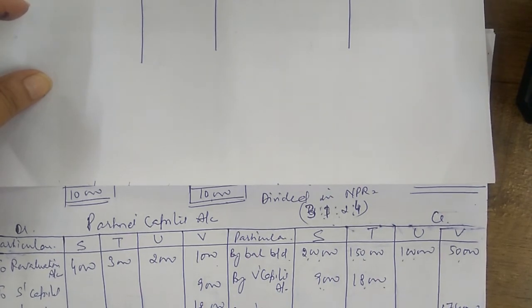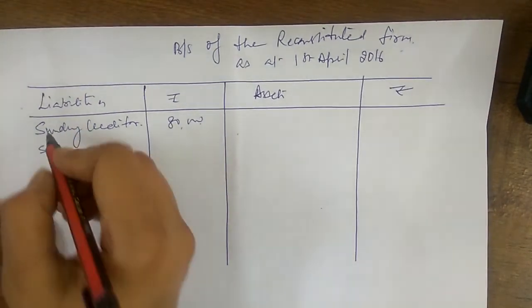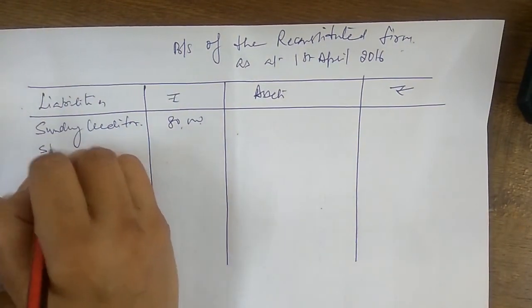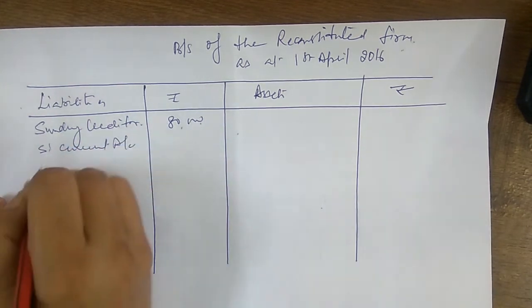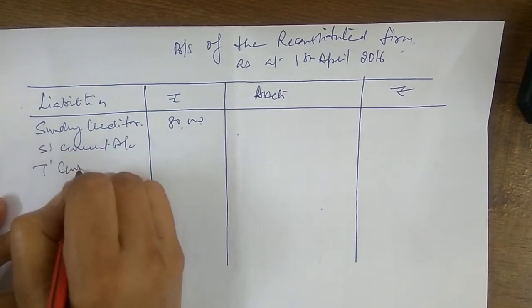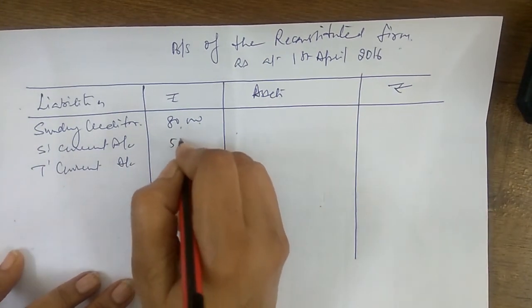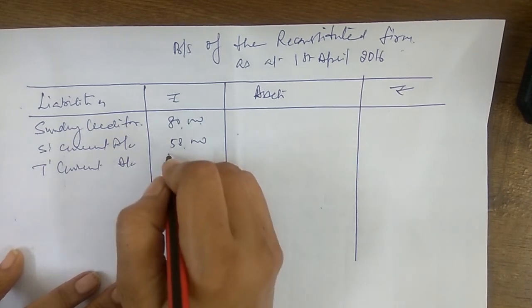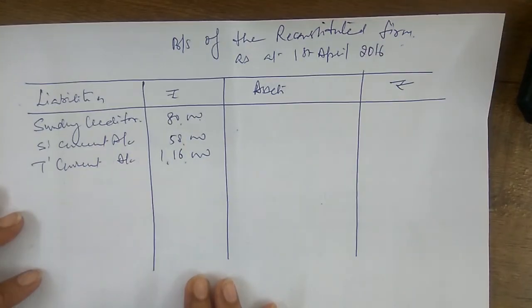T, S and T they have credit balance. जिस side ज़्यादा होता है वही balance बोला जाता है बच्चे. T and S both have credit balance. It will be put on liability side. So we will write here that is S current account. T is current account. What is the amount we have calculated? Difference जो आया था बच्चे 58,000, 1,16,000 हमने निकाला हुआ है, आप देख सकते हैं. Then